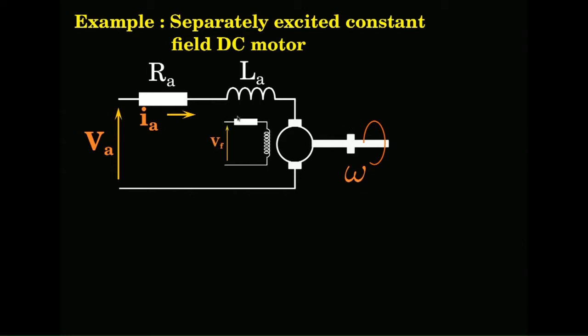There will be a field coil. That is why we call it separately excited. It is excited separately by a separate source. You can put a battery here, fix it constant. Then it is a constant field, but you can make this also varying. We will take that up later, the varying field case. If you are having a constant field here, then the gyrator input output relationship will be a constant K, and you will get a simple model.